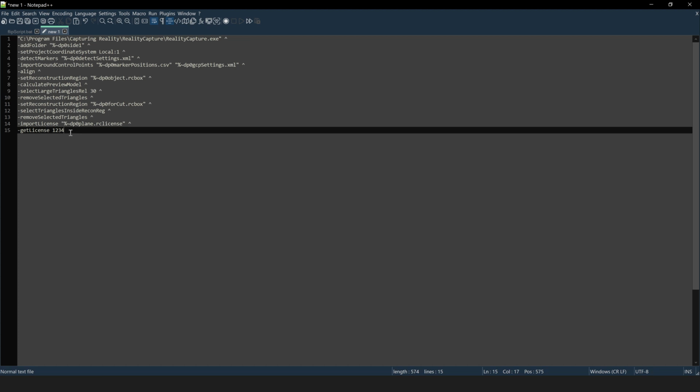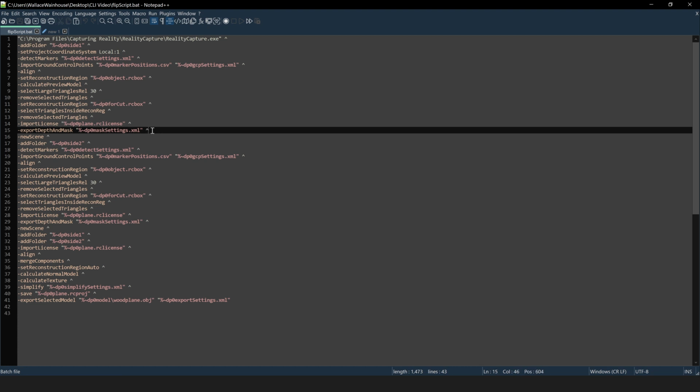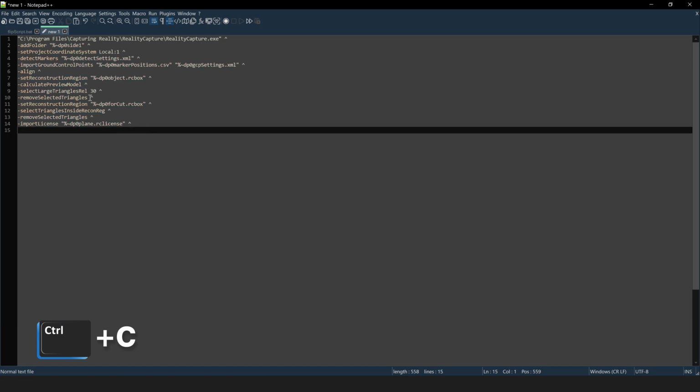Or you could drag and drop all your things in and then edit the script with the name of the license there. But I think get license is probably a better option if you're confident enough in your capturing ability to just run the script and hope for the best. But I'm not sure I advise that. So I'm going to delete that. So we'll just leave it as import license, because this will work for this data set. And then now export depth and masks,